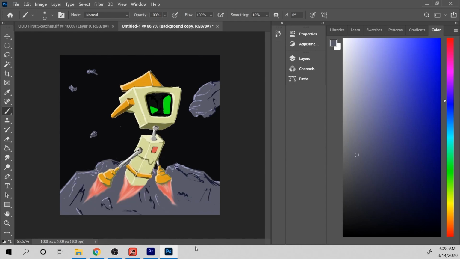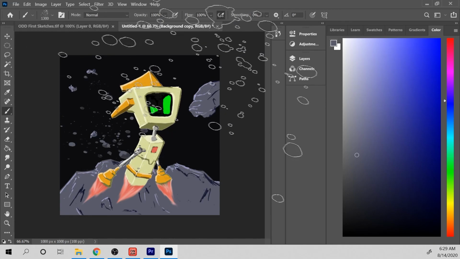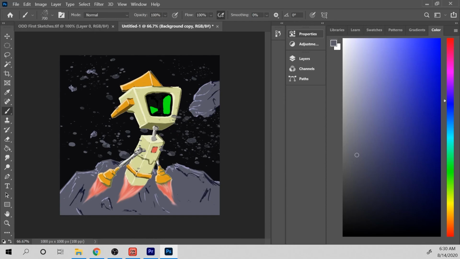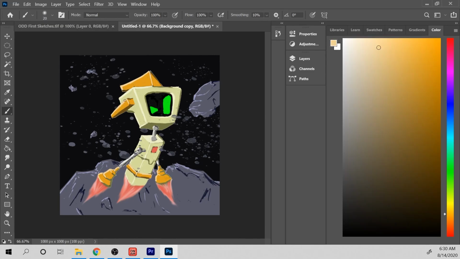Here are the details that I said I started adding a tiny bit, where I wanted it to look more like a CRT monitor in the head. So I had that little edge, and then the vents in the back so he could breathe. And then also looking at the bottom here,